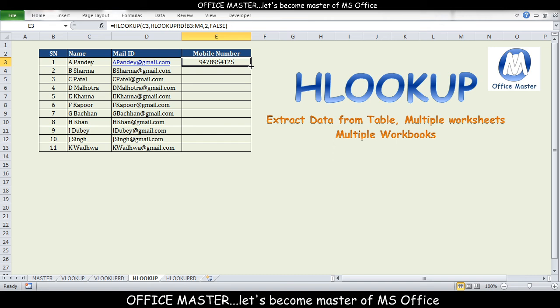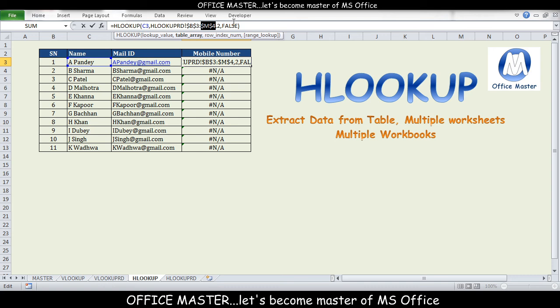Now we'll have to apply the same method. We can directly drag this formula, but it will not work if we directly drag it vertically. To make it work, we have to apply a $ sign here so that we can freeze that cell address. How will you apply the $ sign?